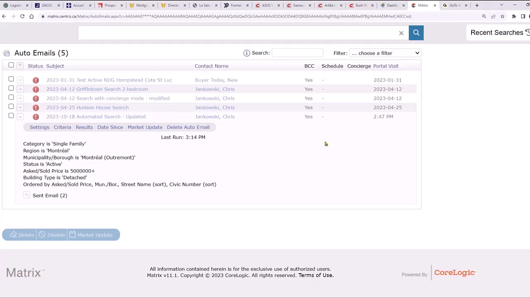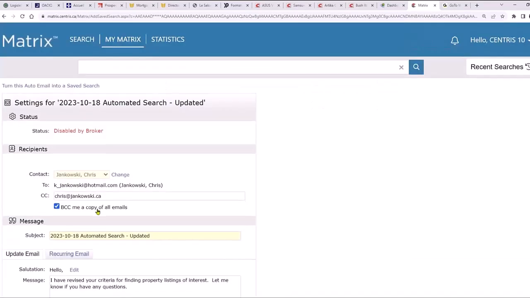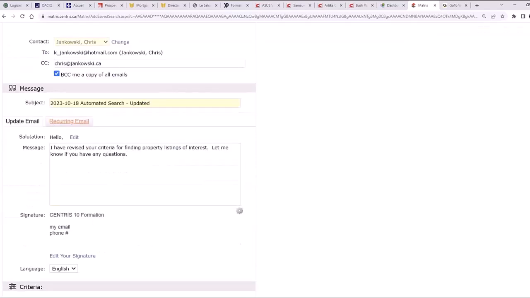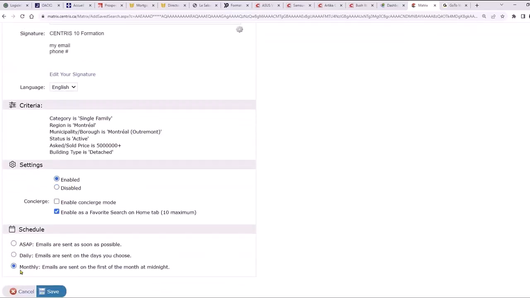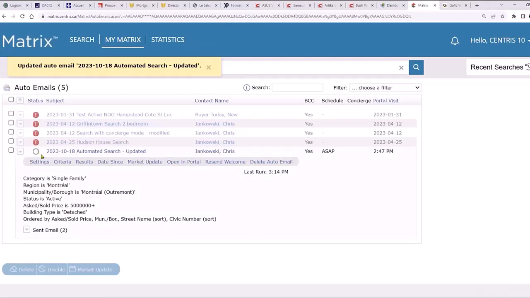clear for you. And of course, I just want to say, if you disabled it, let's say the client comes back from Europe, as I kind of said, and now they're back, you can see it says disabled by broker. You can go back to re-enable it for send as soon as possible, click save, and it's going to send out another message to the client. So it's going to send them another message saying this has been re-enabled, and they're going to have to click on it in order to use it. But it's possible to go back and forth, right?